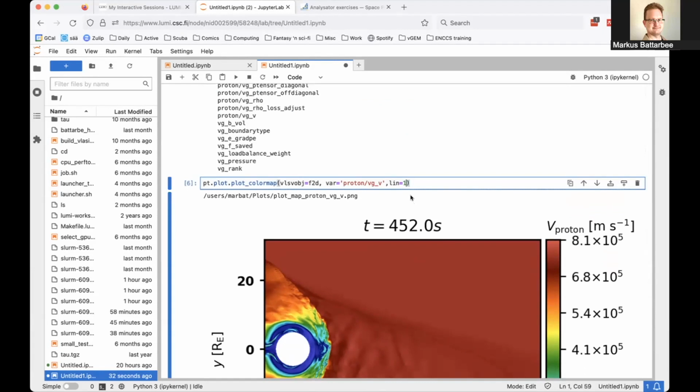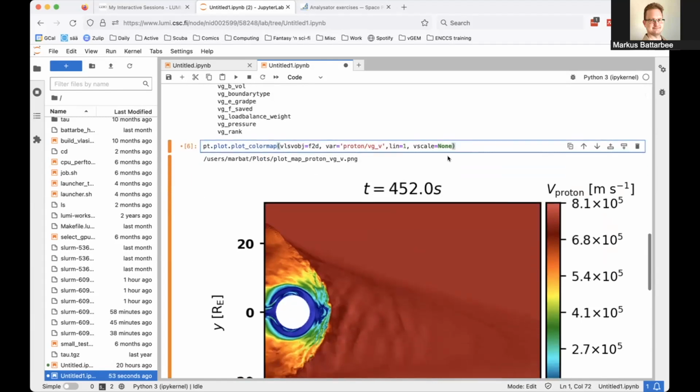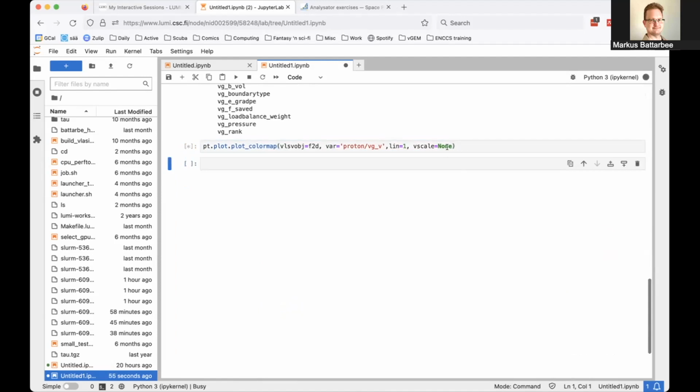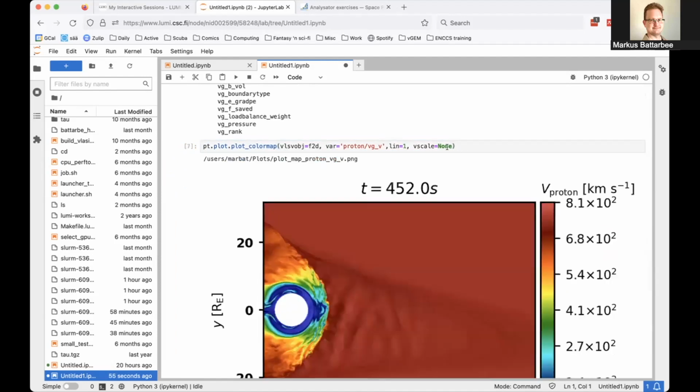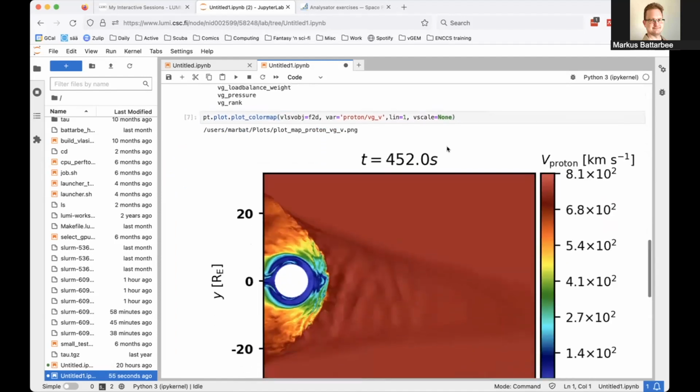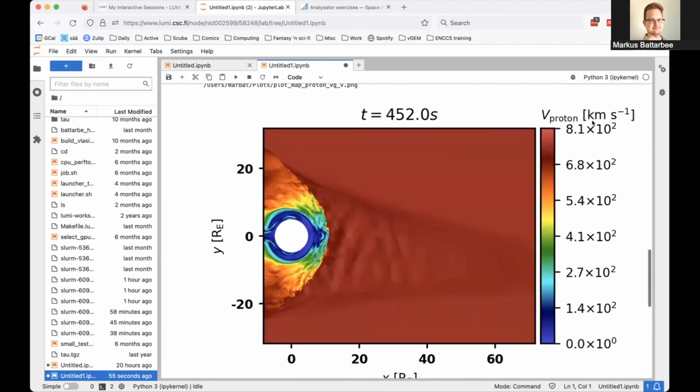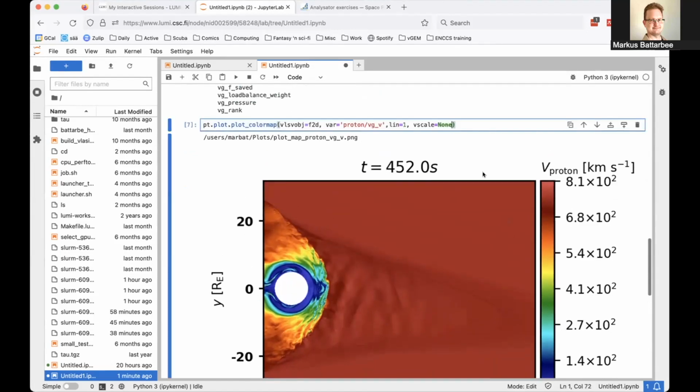Let's say that instead of having the velocity in meters per second, we will now set V scale to none. So this is default value. No, not the default value. The default value is 1, but if we set it to none, it actually automatically chooses a suggested value, and that is kilometers per second. And here we have velocities going all the way down to 0, but this scientific notation is not terribly useful here, so